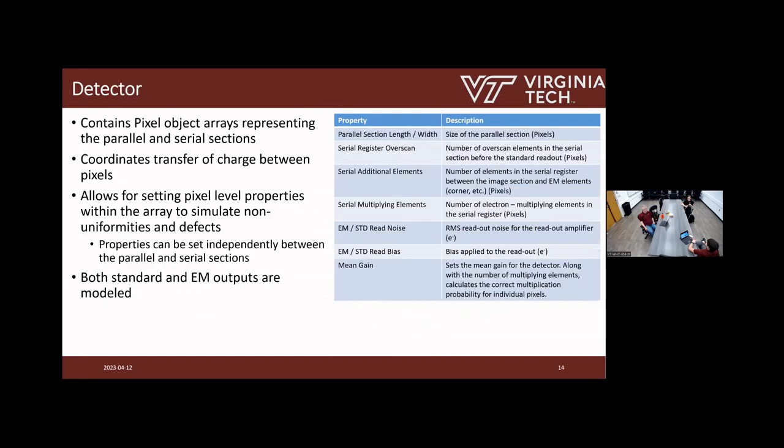Next, we have the detector object, and this is what's coordinating the charge transfer process between these pixels. So clocking out the pixels in both the parallel section and the serial section, and then performing the charge measurement. So we can actually clock these pixels any way we want. We can do it forward, backwards, between the parallel and serial section. We can use the thumb train. This allows us the fidelity to be able to program in any readout sequence that we want to simulate different